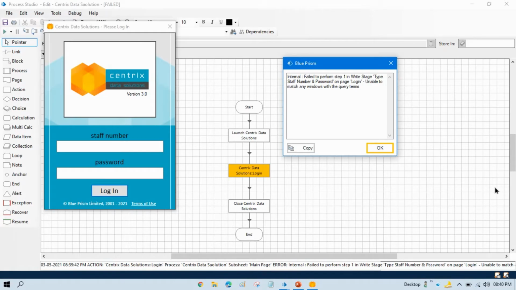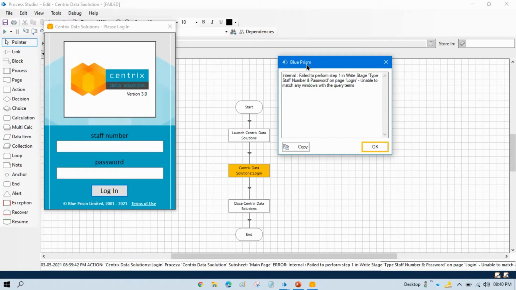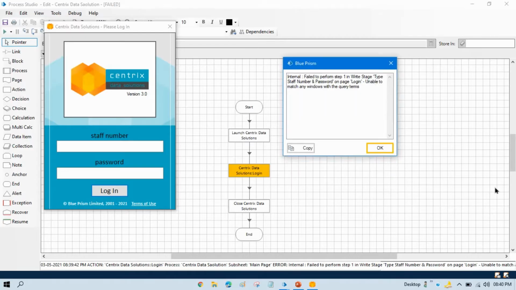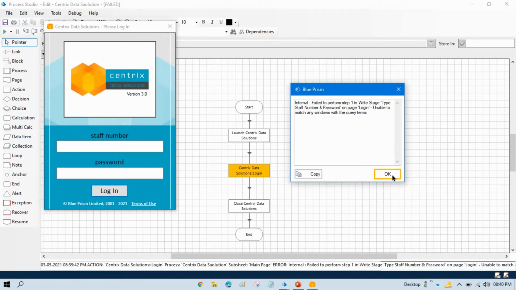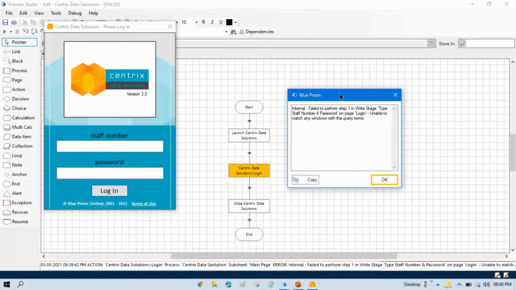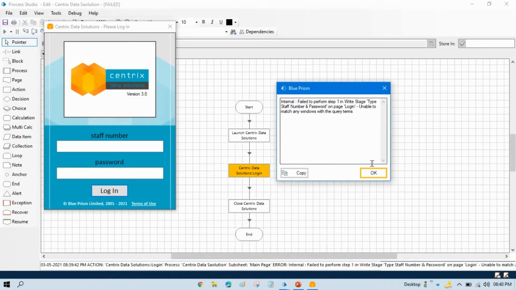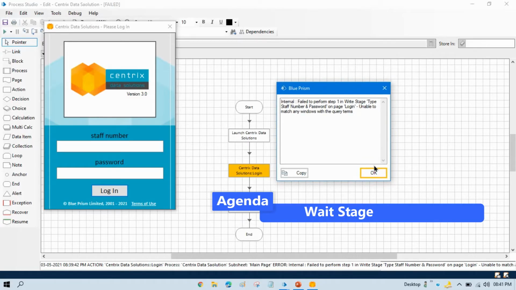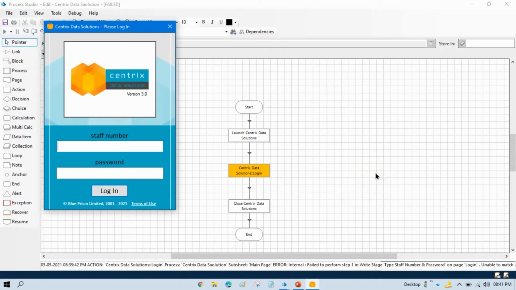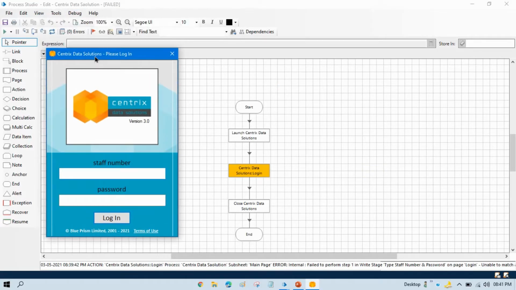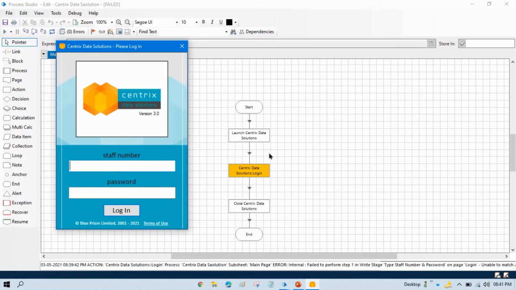In the last video you saw that we are getting this error after running this process. Now in this video I will show you how to fix this issue. To fix this issue we have to use wait stage. Click OK. The issue is, when we are running this process, first it is launching this application, and after launching it